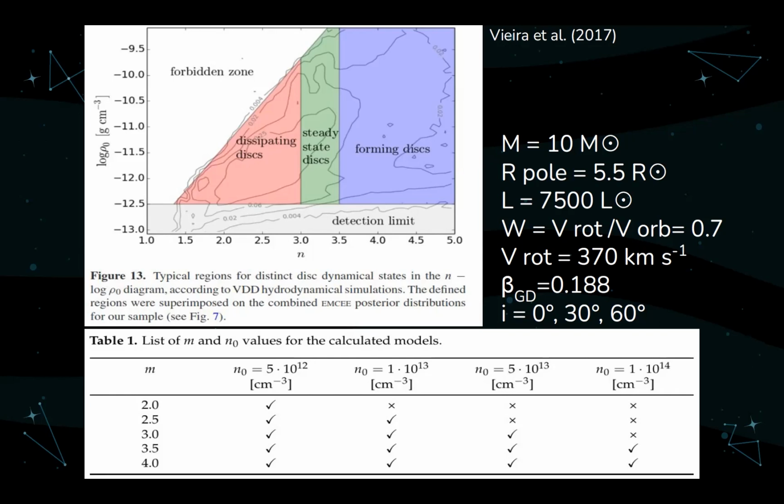They found that this value, the exponent of the law, is related with the state of the disk. So higher values of the m is related with forming disk. In the middle, we have a steady state disk, and in the other part, we have the disks that are being lost. And there is also a forbidden zone. So we choose values from the